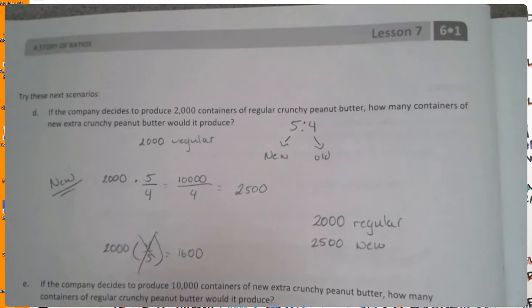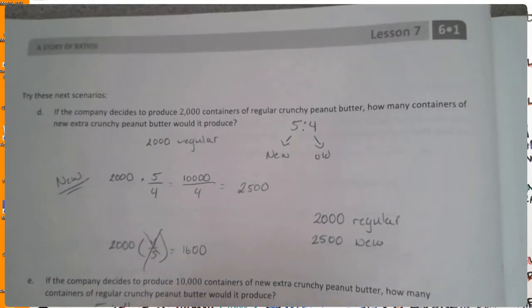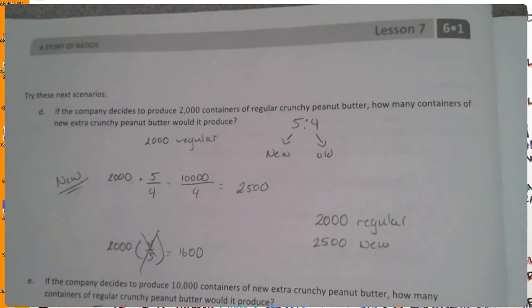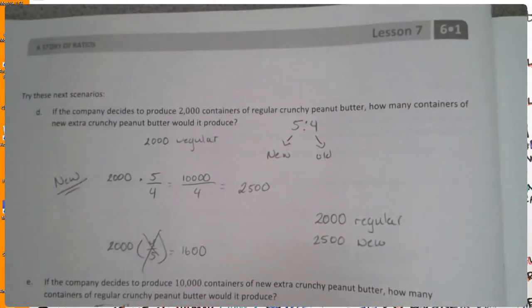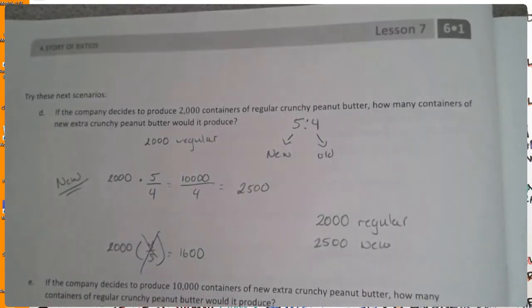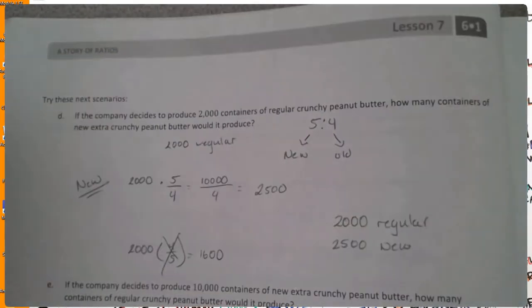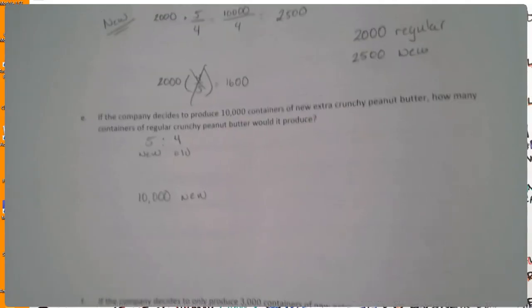Okay, so there are now 10,000 new. Now again, here we go, we got a problem. We're looking for the number of old. So we need to find out how many containers of old crunchy peanut butter we're going to want to make. Well, that comes back to a very interesting scenario,